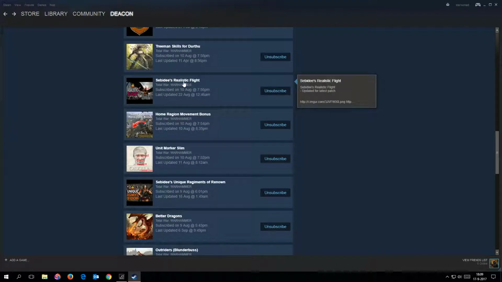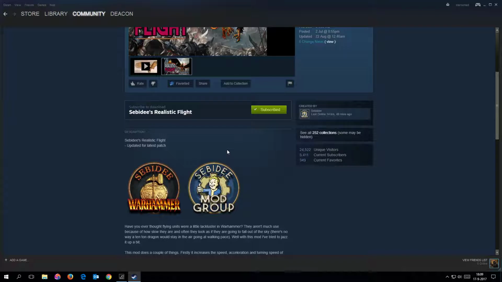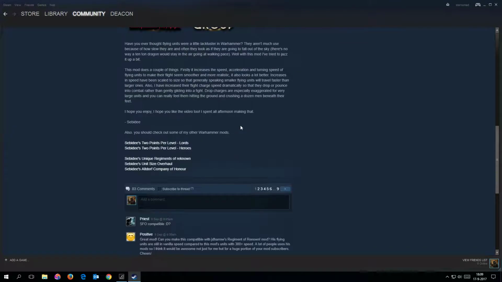70's realistic flight increases the flight speed and the impact of charges. Increases cost of flying units, if I'm correct. What does it do? Increases speed, acceleration and turning speed. Flight's more smooth and realistic. And